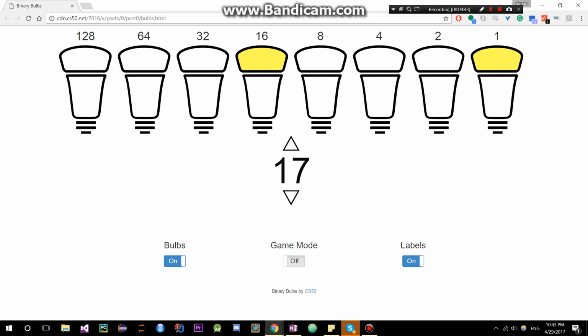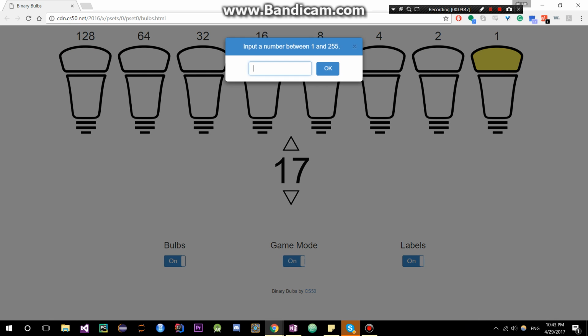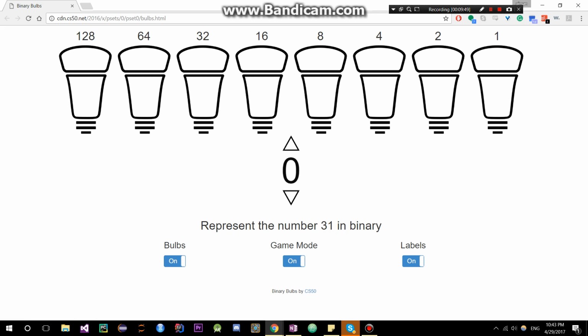Right? Same concept. If I want to do, let's say, 31. I want to represent 31. I can't represent 32 because that's too big, right? But what I could do is, I know if this is just 32